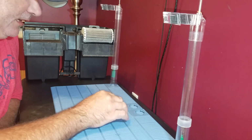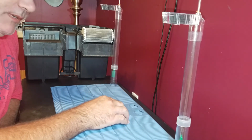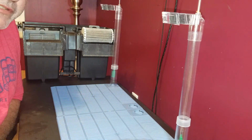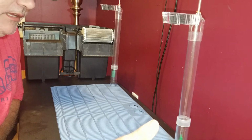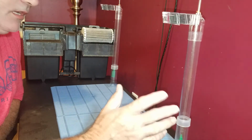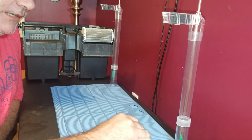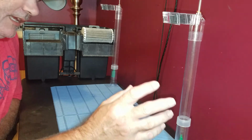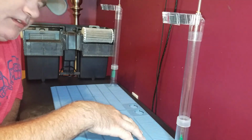If you can help it, if you can get by with it, especially if you're starting out and you just want to get some livebearers, some easy fish to keep, maybe some gouramis, just fish that don't dig, just simple fish, you're going to have no problem running this at all. And I just think it's a better system to me because, like I said, the fish waste goes down here